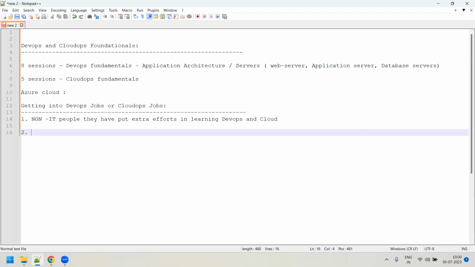Whereas a fresher or someone very less experienced in the industry, if he wants to learn, he will enroll for a course. In 4-5 months he will learn, he will be ready, and he'll apply for a job and he will get it. That's what happens. So freshers or people with less than 2 years of experience will learn these technologies much faster.